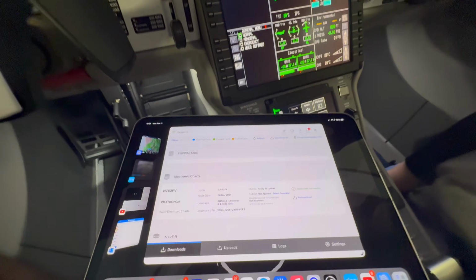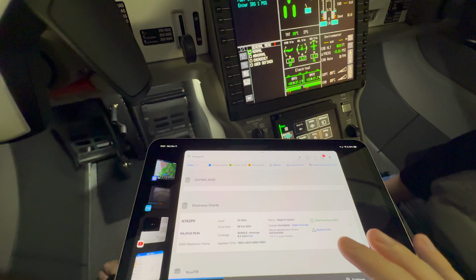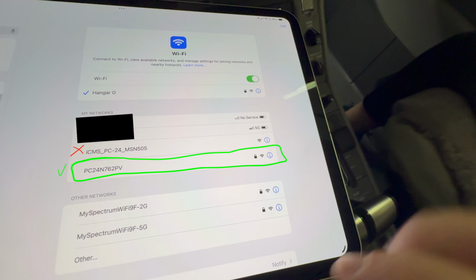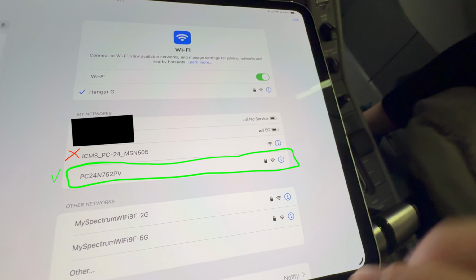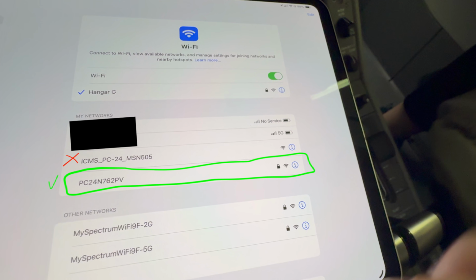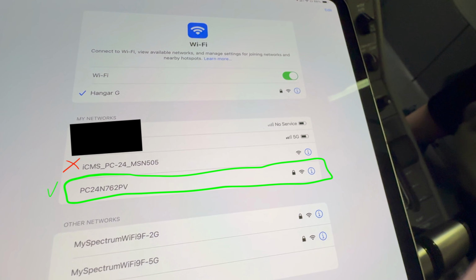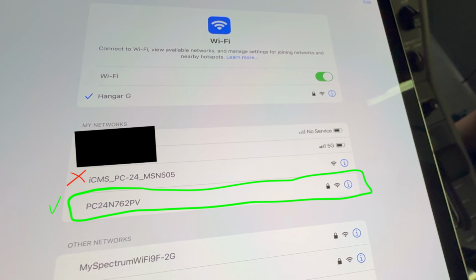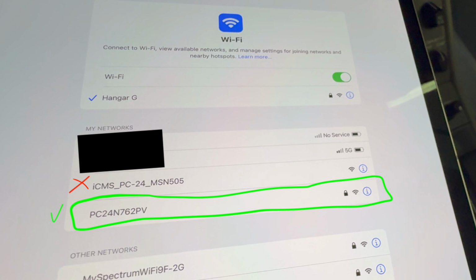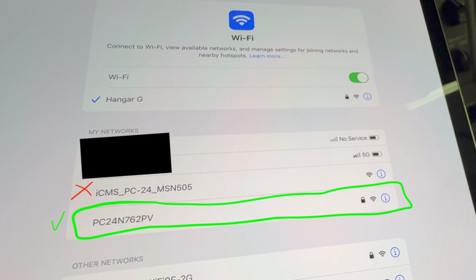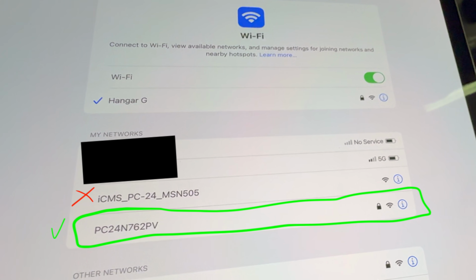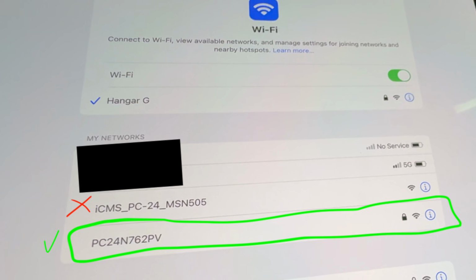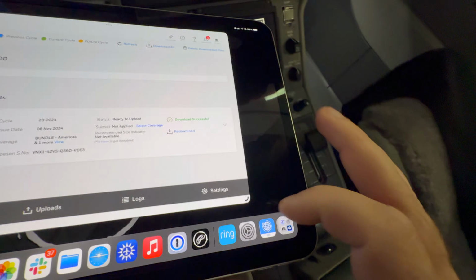But on our iPad, we're going to want to connect and make sure that we're connected to the aircraft's Wi-Fi. So here's the different Wi-Fi options that I have available. Here you can see the Wi-Fi of the aircraft. Make sure that you're not confused with the ICMS, which is the in-cabin management system, which controls your lighting and sort of entertainment features for the passengers on board. Now that we're on the Wi-Fi network, we can switch back to our application,